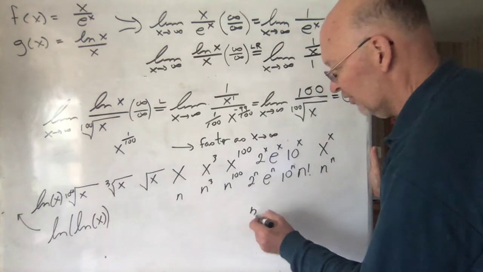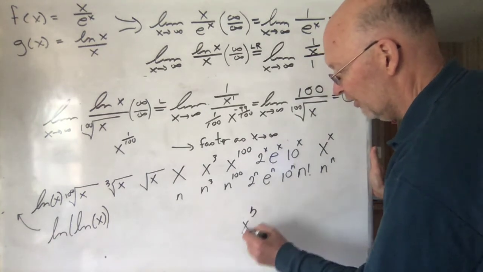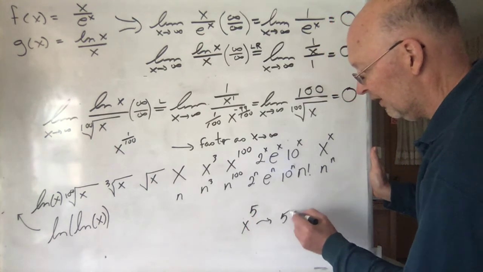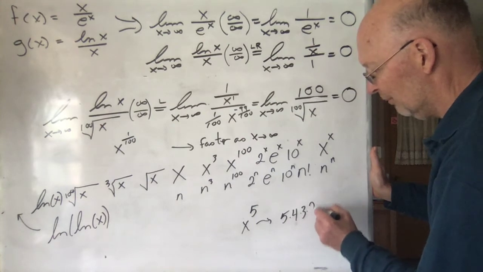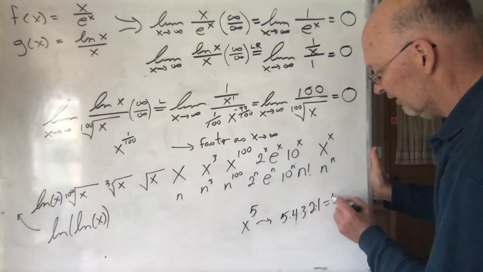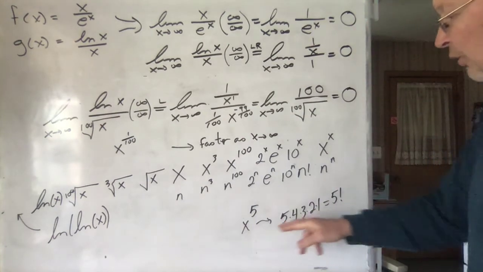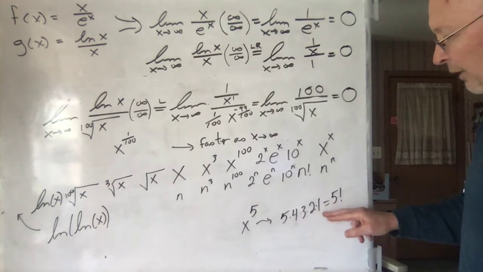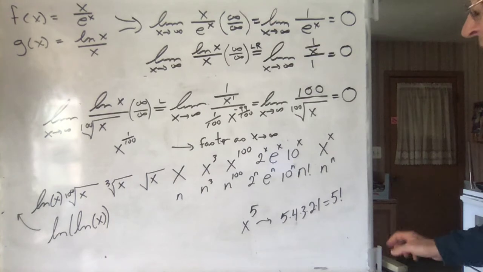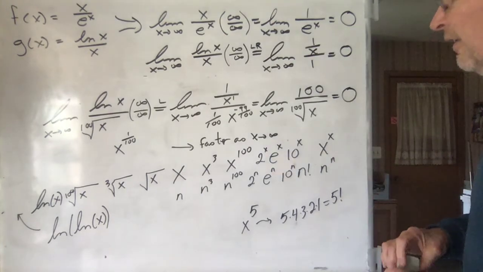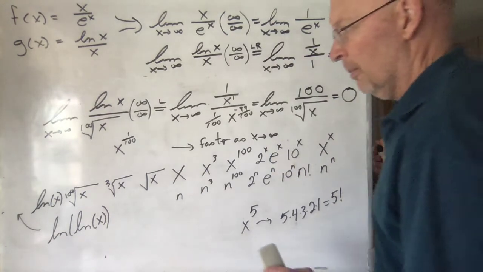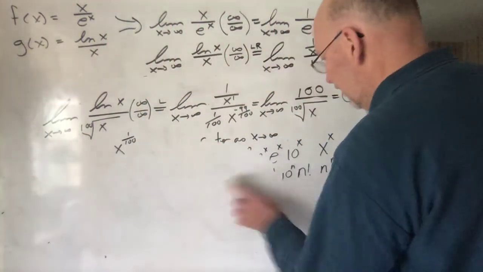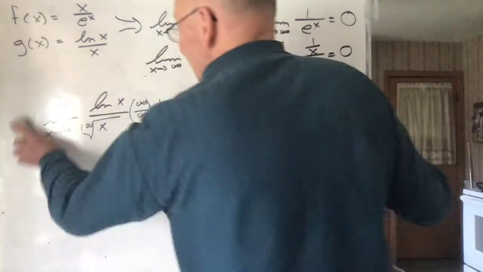It showed up just now when we had x to the 5th power, and after taking 5 derivatives, we had 5 times 4 times 3 times 2 times 1. That's the definition of 5 factorial. N factorial is just what you get by starting with n and going all the way down to 1, multiplying everything. Okay, so you're learning all sorts of stuff, which is good not only for now, but also for the future. So let me write down the final result,